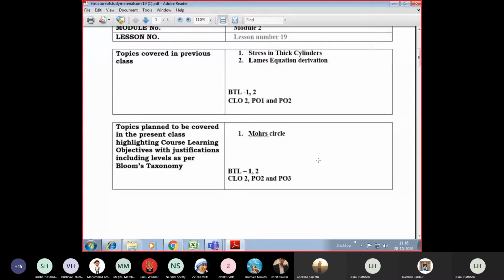You remember the previous session, right? In the analytic method, we have discussed how to solve numerical examples, how to determine principal plane, principal stress, maximum shearing stress, and so on and so forth. Today, we shall discuss how to find all these stresses through Mohr's circle. That is a graphical method.